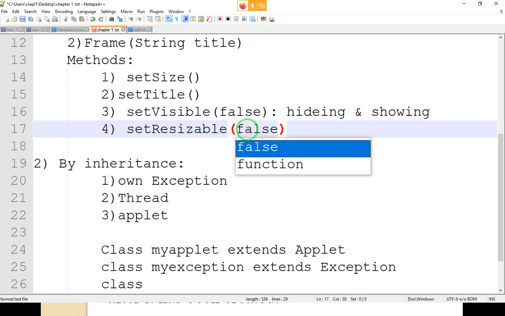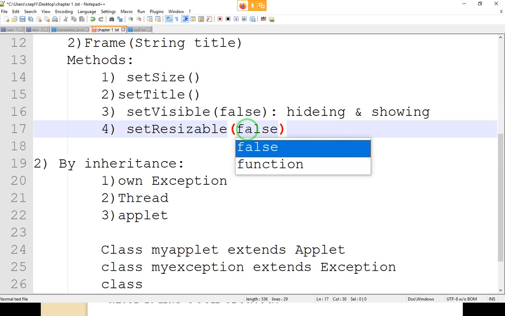This will fix the size of your window, which means you cannot change the window size. And if it is true, your frame is resizable.